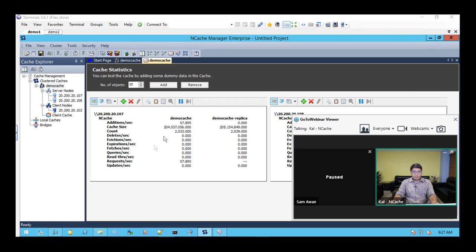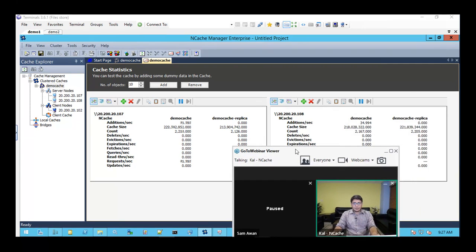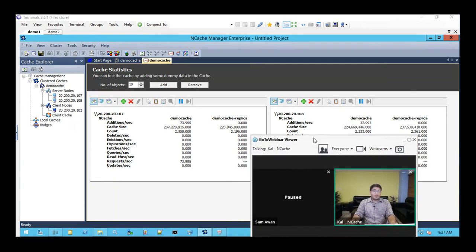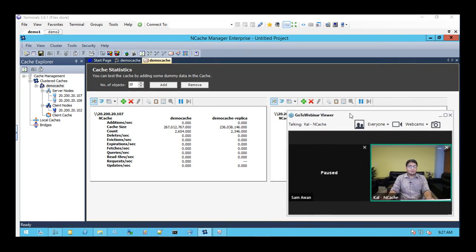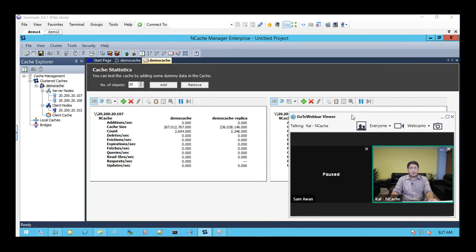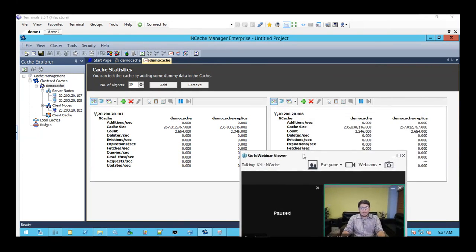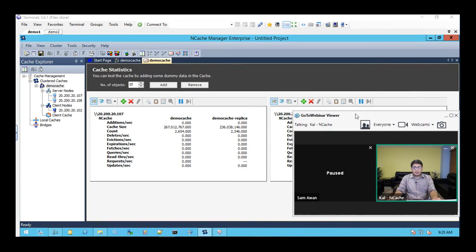It's almost done. We have about 4,000 plus items already added. Bear in mind that it's a 100 KB object, which is quite a big size for testing, but this was just to show you how different things look. I think they are all added. Yes, they are all added. The counters have actually stopped.